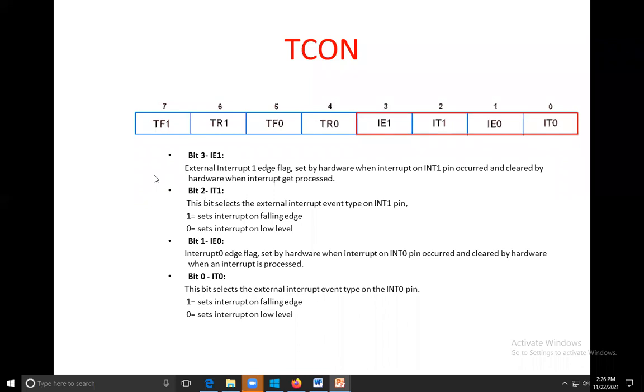Suppose your timer is acting as a counter and you have set the count from 1 to 5. After 5 counts, what do we have to do?